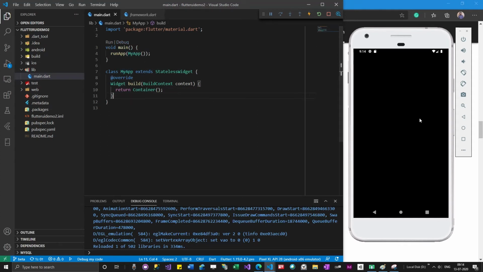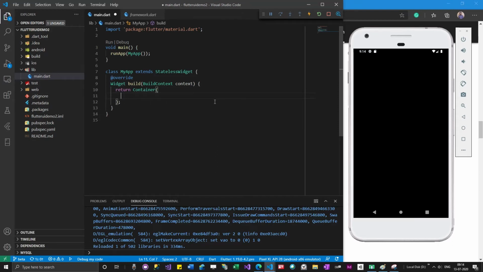So we have created a container over here, but you are unable to see anything. That's because the container doesn't have any properties. Every widget will have some properties. Container is a widget here, and to be precise, MyApp is also a widget. You can combine multiple widgets to create more widgets. I can combine 2 containers to make another container. For now let me go with container.